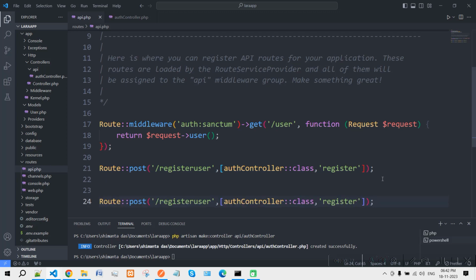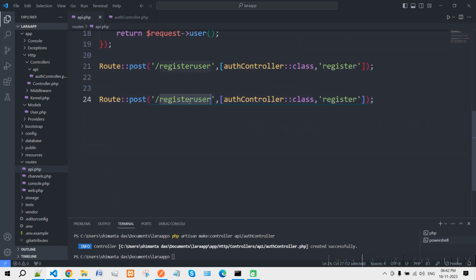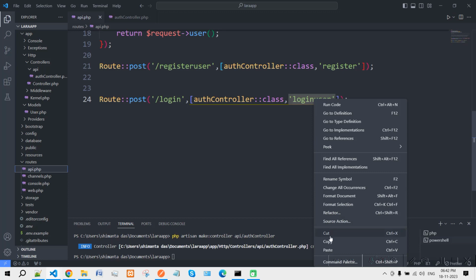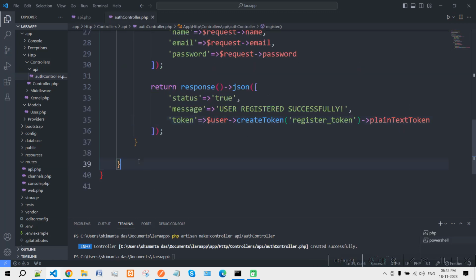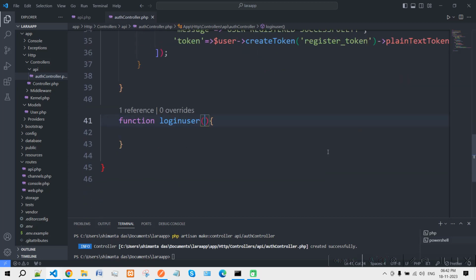copy this route name, and let's say my route name will be login. Okay, and in the auth controller my function name will be, let's say, loginUser. So I need to copy the function name, and inside here I need to make a function. So I will type function and the name is loginUser. So now I need to write like